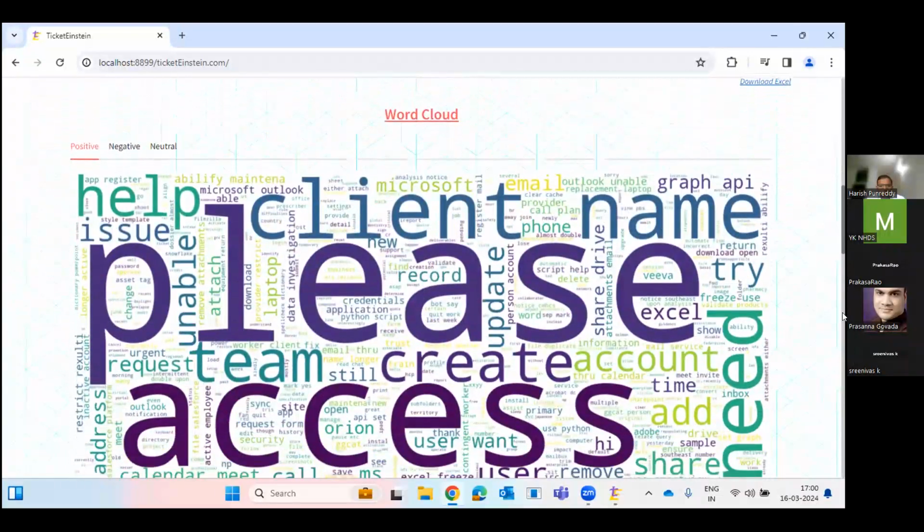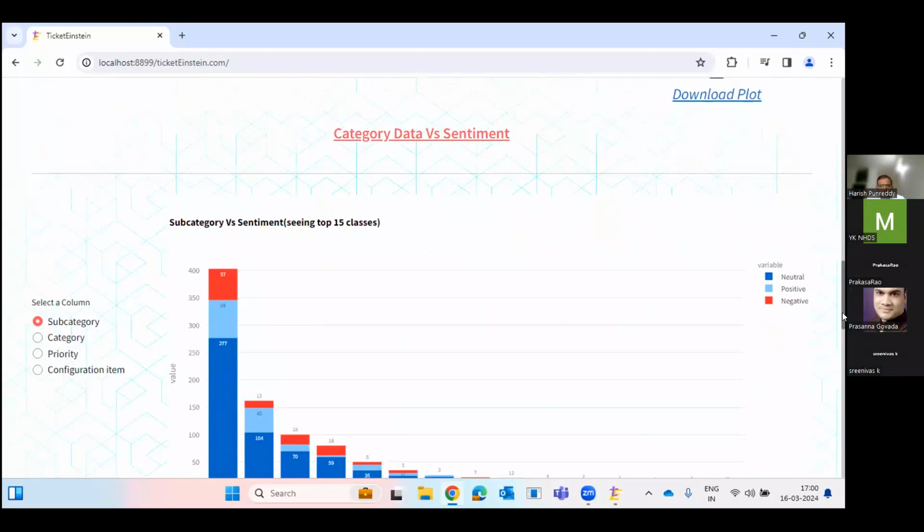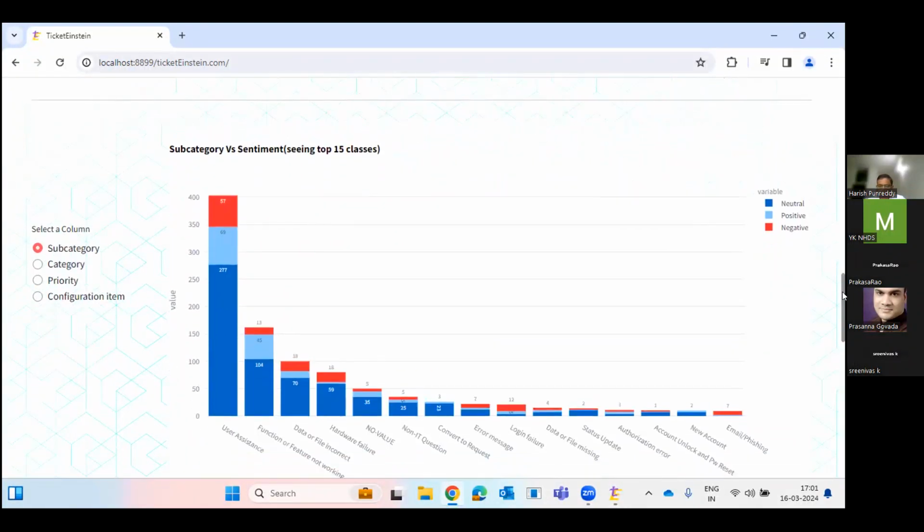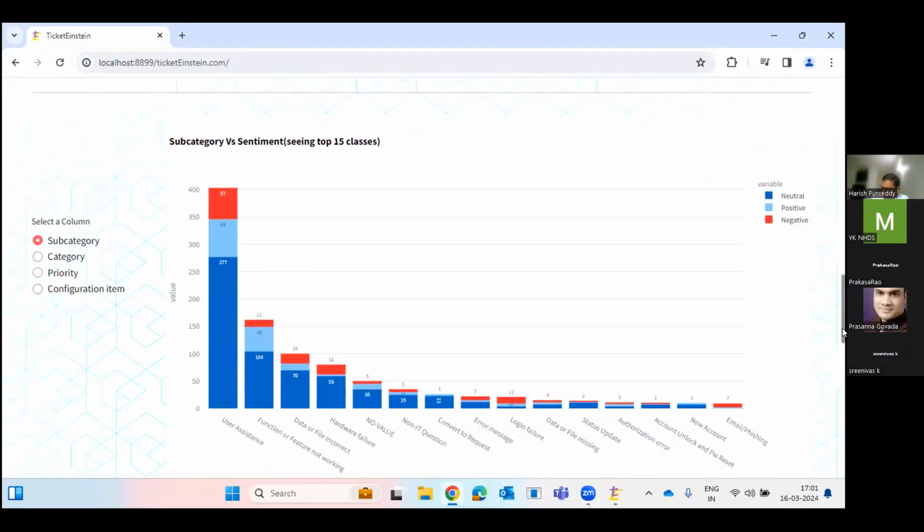I'll not go into the word cloud, but if you saw in the semantics, we had categorical data versus text semantics. Here we have categorical data versus a sentiment, wherein which categories of data are contributing to a negative sentiment. For example, if I want to channelize that, I would pretty quickly understand what the top sources of negative sentiments are, and then try to course correct them before they eventually become a higher risk for me.